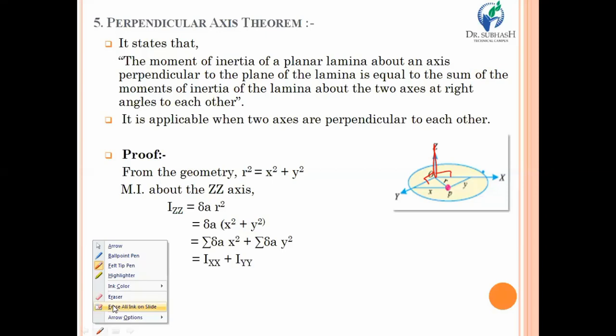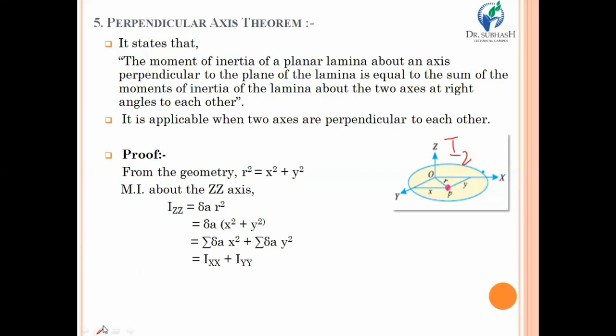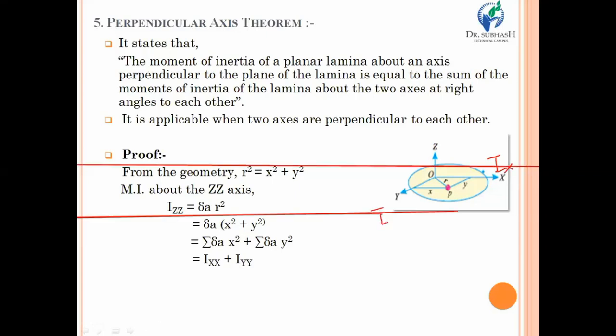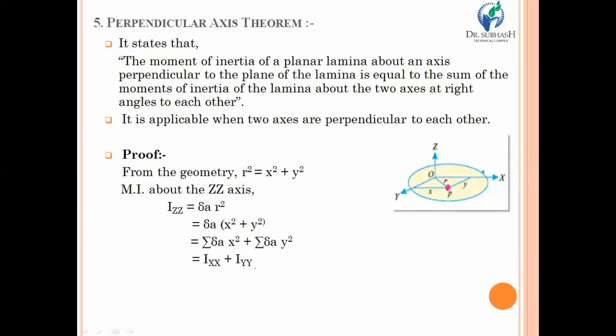And suppose you require to calculate the moment of inertia about the z-axis, that means Iz. Then it simply becomes the summation of the moment of inertia that you have calculated about the x-axis and the moment of inertia about the y-axis. So you simply have to add both, and this statement also gives us the relation between the moment of inertia about the z-axis, the x-axis, and the y-axis. Let's first prove that the relation is true, or how the relation can be derived.